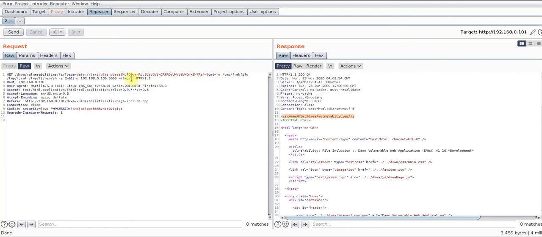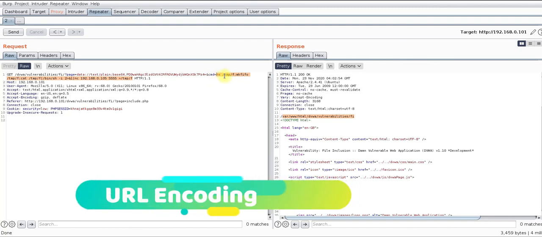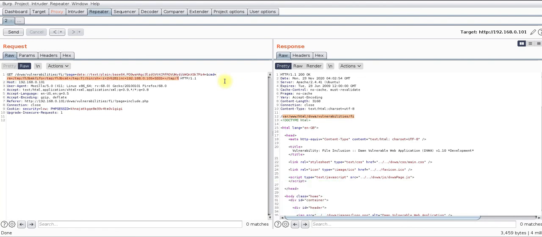I'll select this reverse shell payload, except the cmd equal to part, and press Ctrl+U to URL encode.